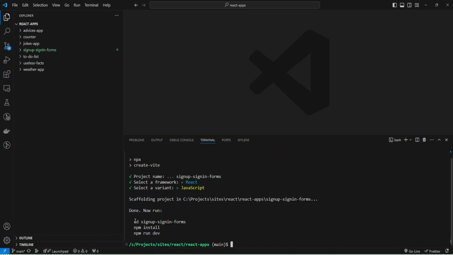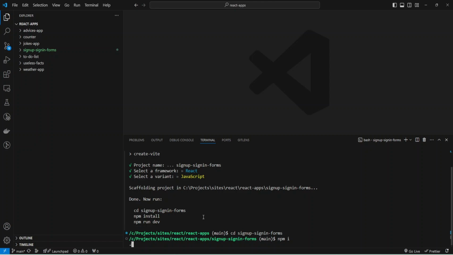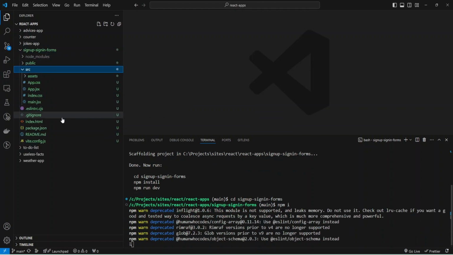And now I can navigate to my project folder with the cd command and run npm install, as you see in suggestions.